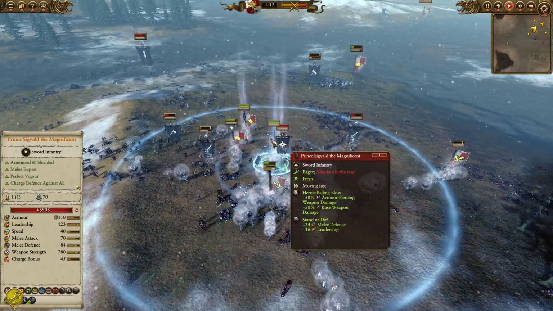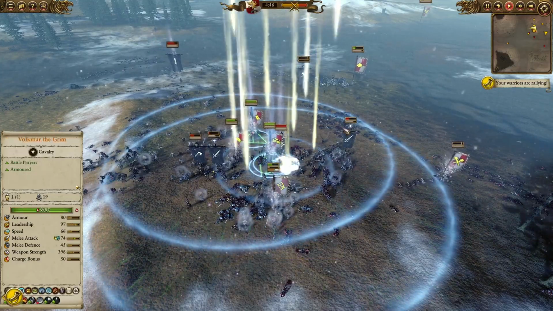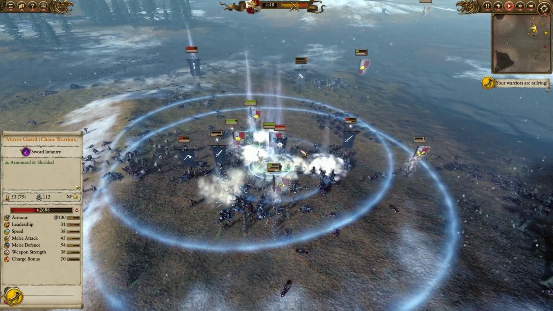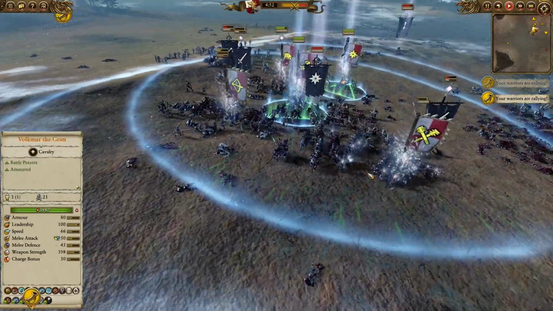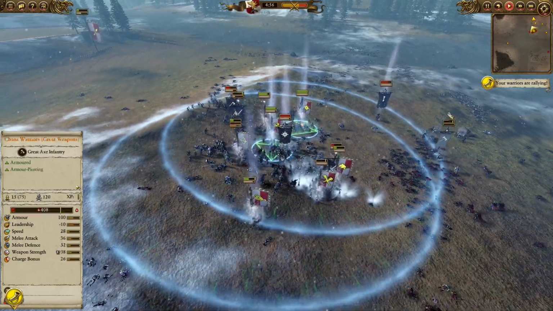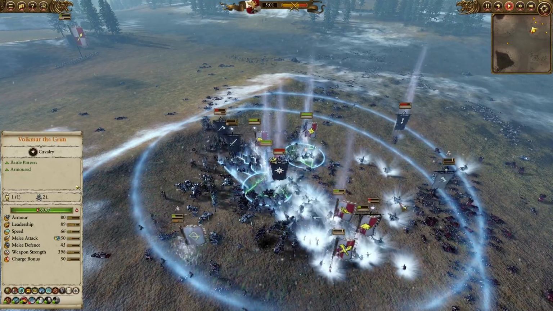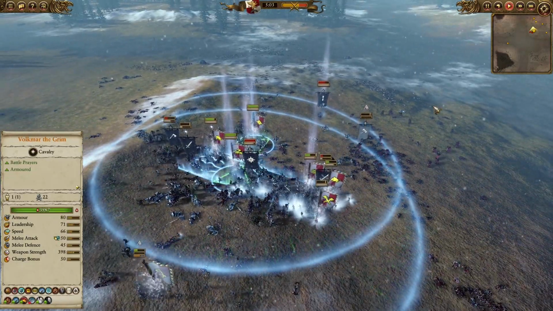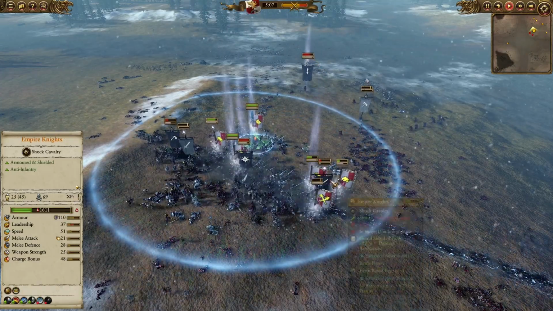But with all the Shield of Faith and Grand Shield of Faith, they should be taking minimal damage from the Chaos Warriors. As for the Warrior Priest of Sigmar, he's going fisticuffs against Sigvold the Magnificent. Not a favorable engagement, but it will have to do for now, just to tank out some damage from Prince Sigvold. Empire Knights are coming in for a lancing charge to the backs of the Chaos Warriors and the Mirror Guard,